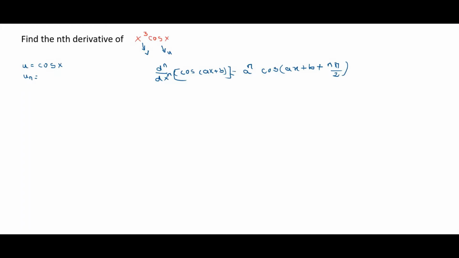So by using this formula, what is the nth derivative of cos x? a raised to n is 1 raised to n, I will leave that. Then cos of (ax plus b), which is nothing but x plus n pi by 2, bracket complete. So this is the nth derivative. And now by using Leibniz theorem,